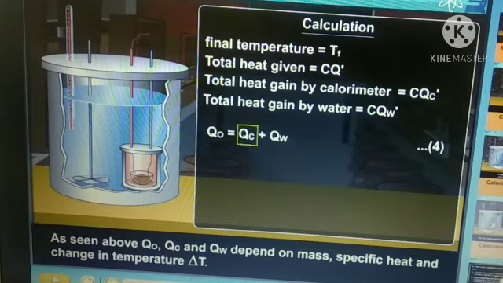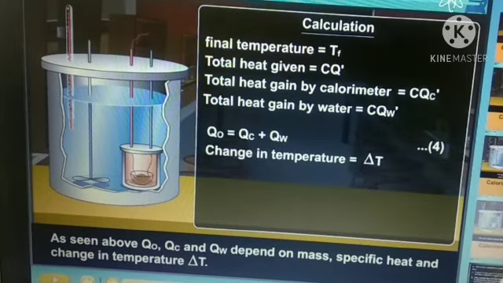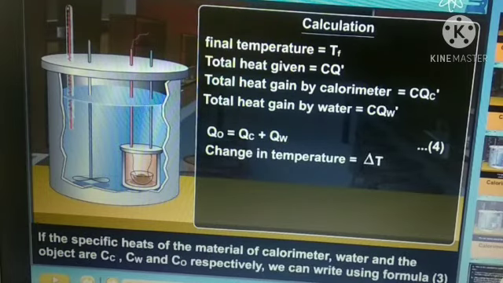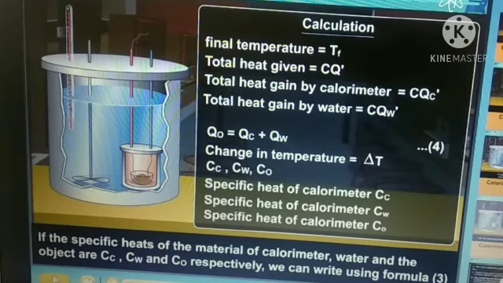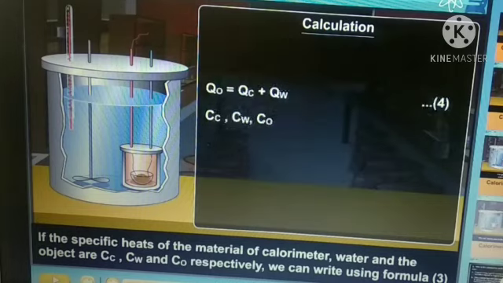As seen above, Qo, Qc and Qw depend on mass, specific heat and change in temperature, delta T. If the specific heats of the material of the calorimeter, water and the object are Cc, Cw and Co respectively, we can write using formula 3: